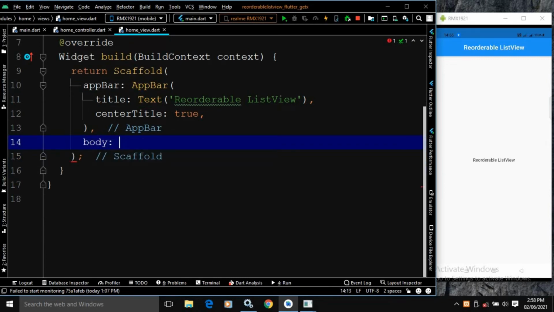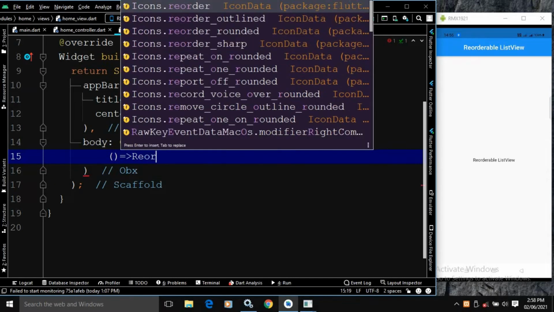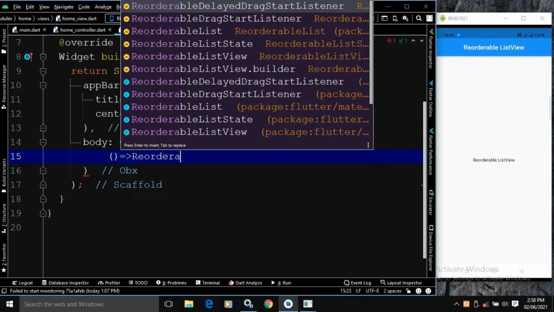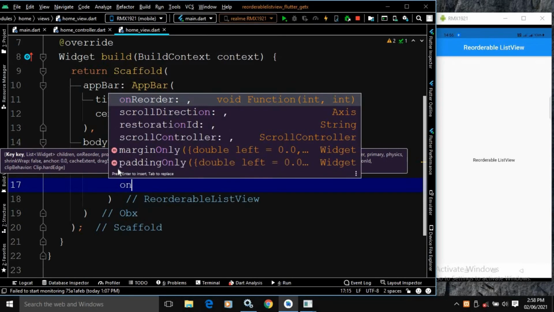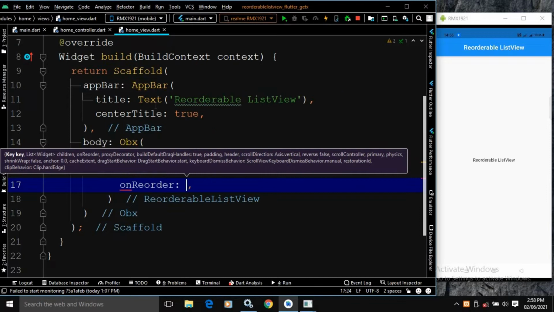Now instead of the center widget, here I will use the OBX widget. Now in the OBX widget, I will use reorderable list view. In this reorderable list view, there is a parameter which is onReorder.